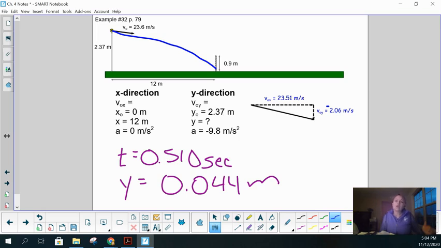A difference of 5 degrees means the difference between clearing the net by 20 centimeters or not clearing the net at all. So to summarize the big ideas in projectile motion, what you need to remember is